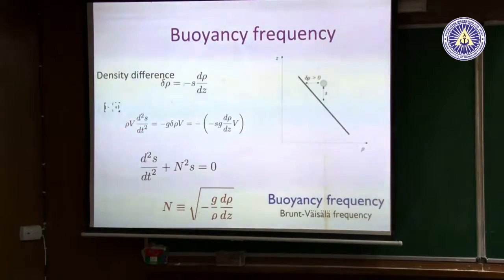Now, we've got the mass of this blob, its volume times the density, and although it's a slightly smaller density here, we don't care about that. That's the Boussinesq approximation. Mass times acceleration has got to be the force, which is the mass here times gravity, right? So we know what delta rho is. So we get d2s dt squared plus N squared s equals zero, where N, known as the buoyancy frequency, or as was explained